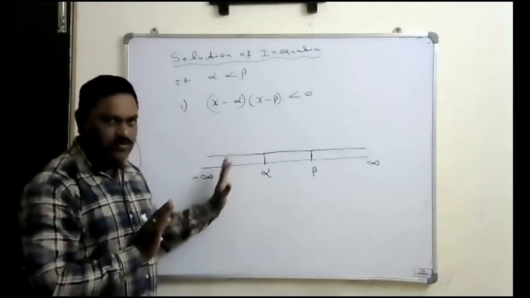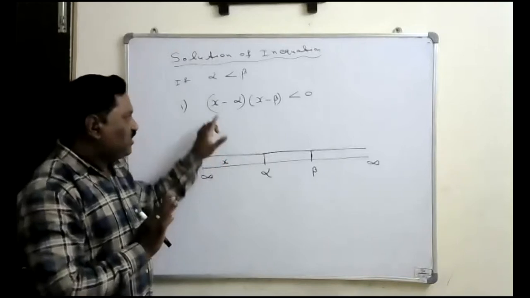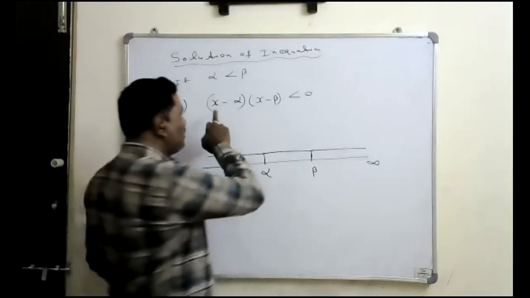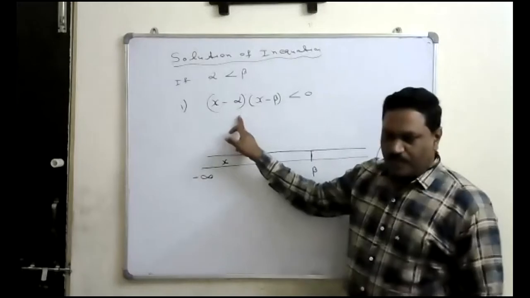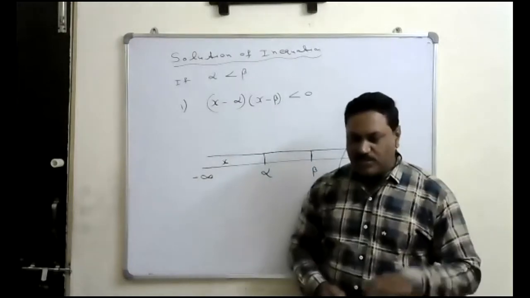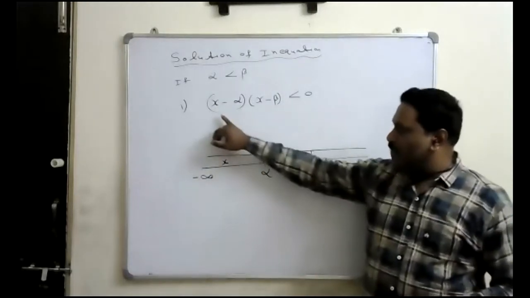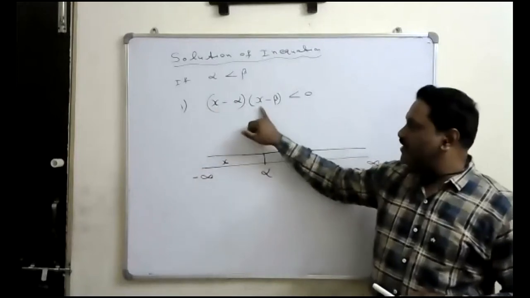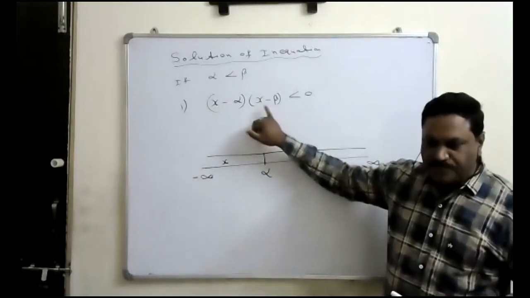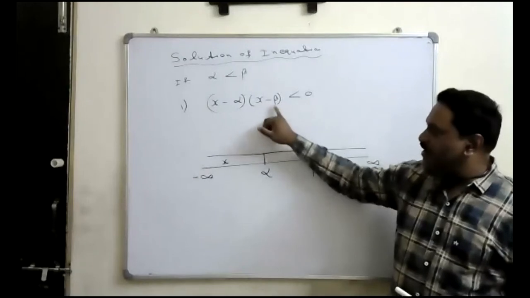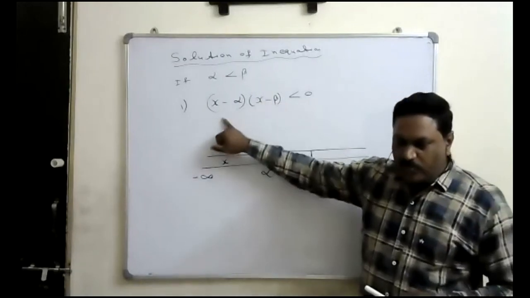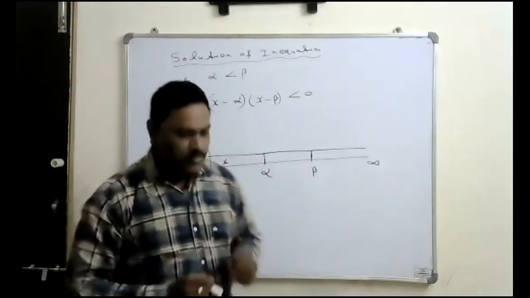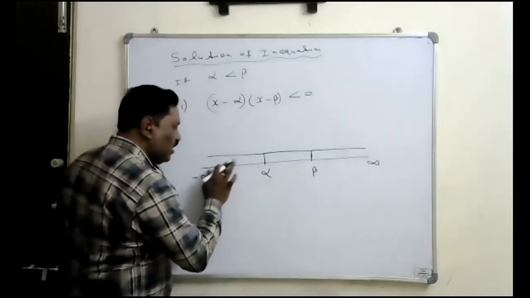Alpha से छोटा x value, beta से भी छोटा है. So then x minus alpha क्या होता है? Positive होता है क्या? Negative होता है क्या? X is smaller than alpha. Then whatever x minus alpha, positive or negative? Negative. Because छोटा minus बड़ा, ये भी छोटा minus बड़ा, ये भी क्या होता? Negative. X minus beta भी negative होता ना? So negative into negative? Positive.